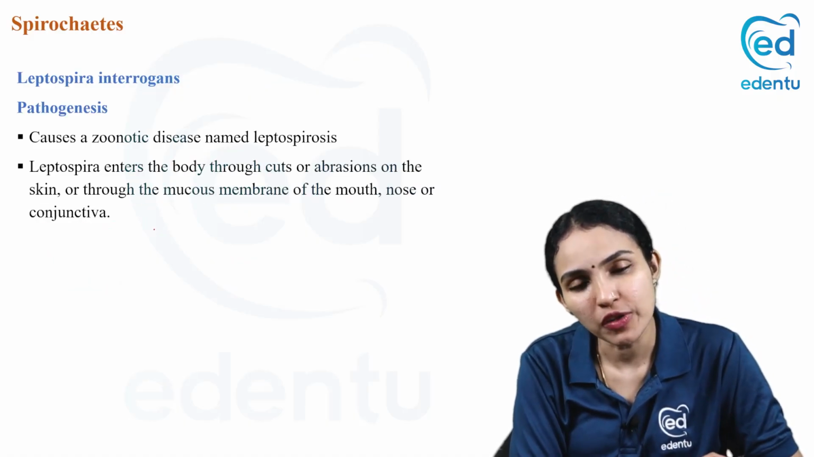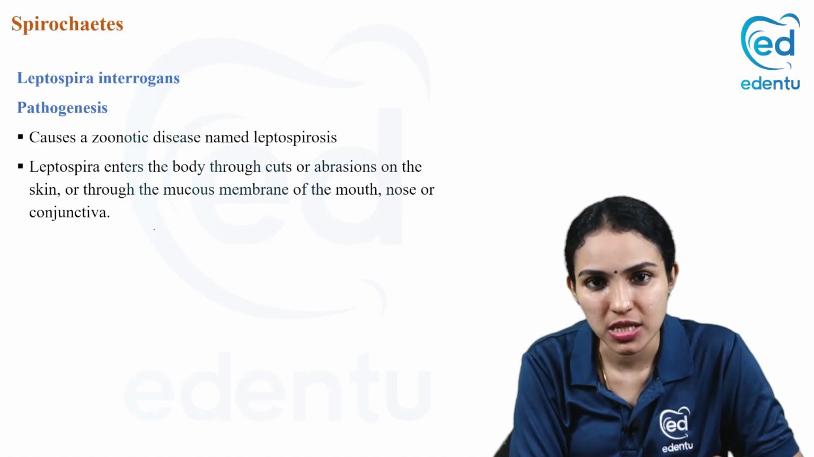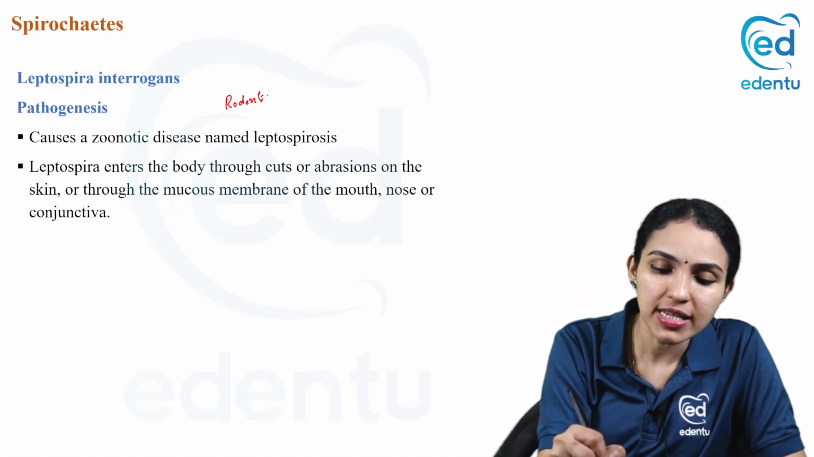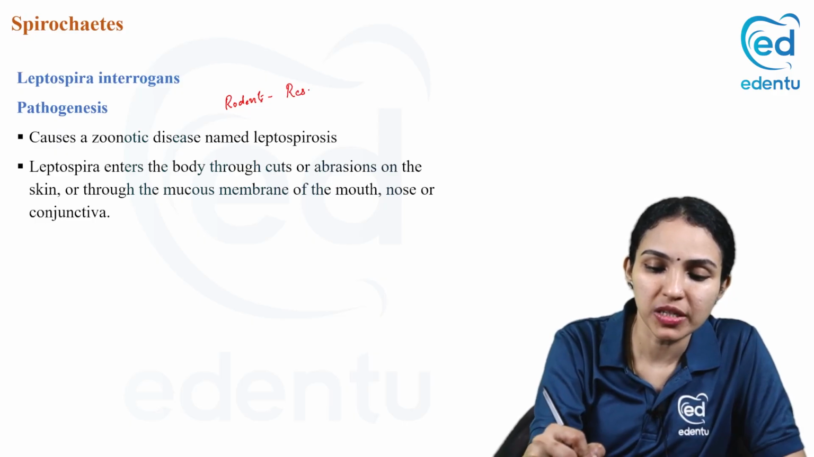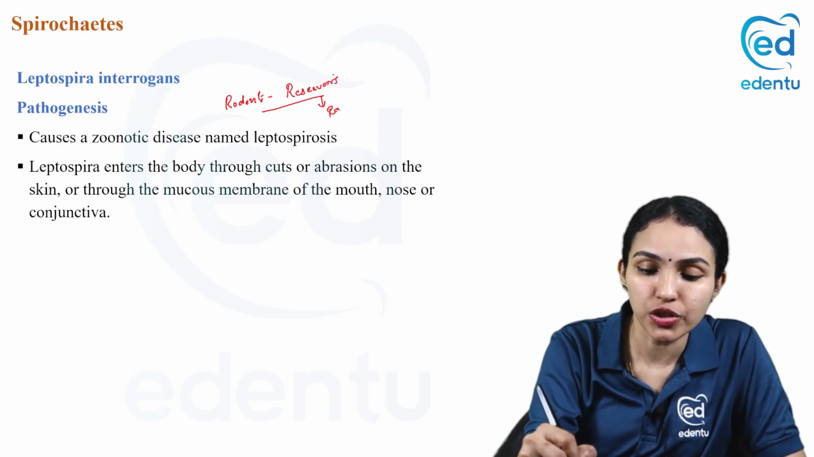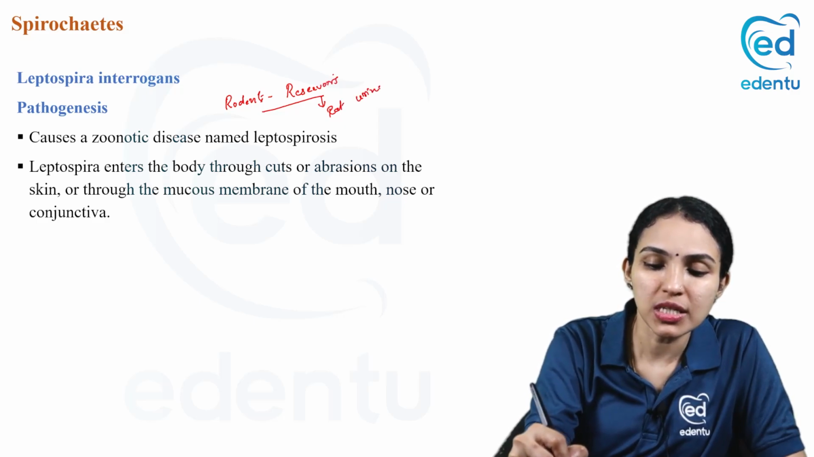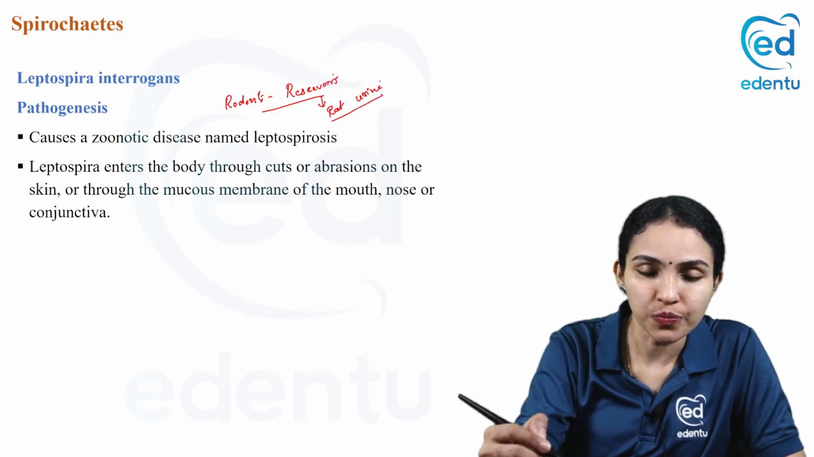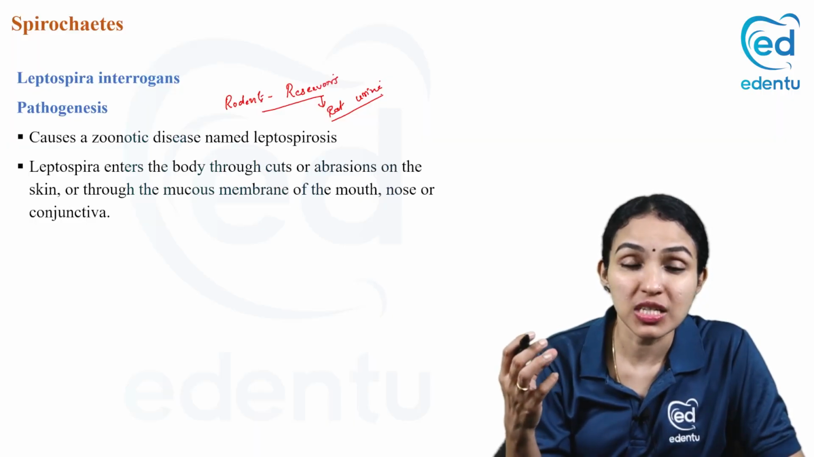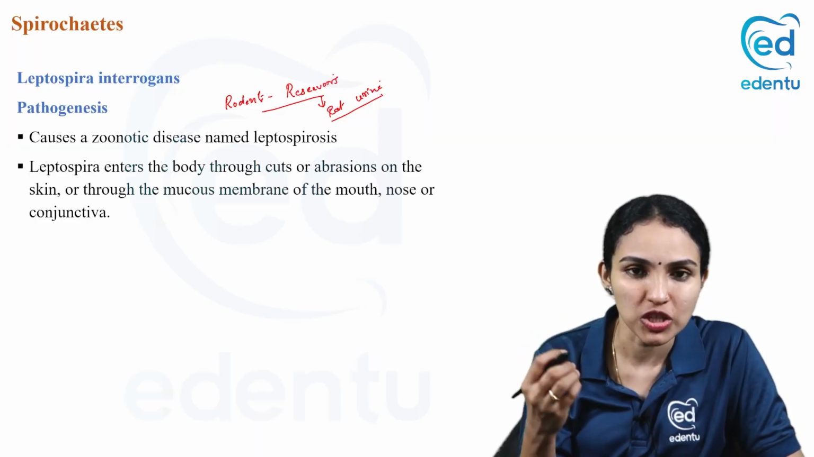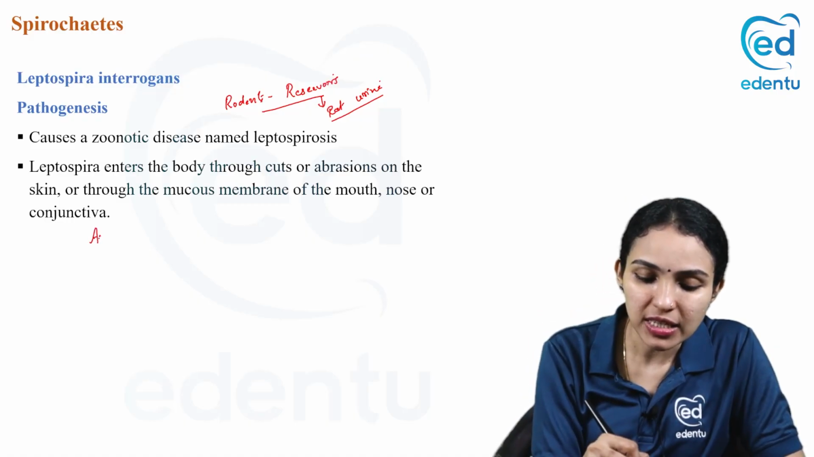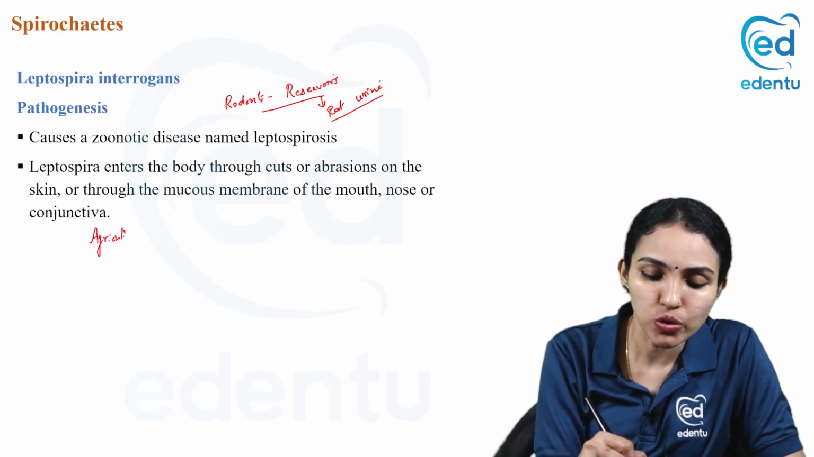So, pathogenesis of Leptospira: this is a zoonotic disease. Here, the reservoirs are rodents. Rats are the reservoirs of Leptospira. This organism will be excreted in the rat urine. If a person gets exposed to rat urine, especially through an abrasion or cut, this organism can enter into the patient's blood. This is very commonly seen in agricultural workers who go to work